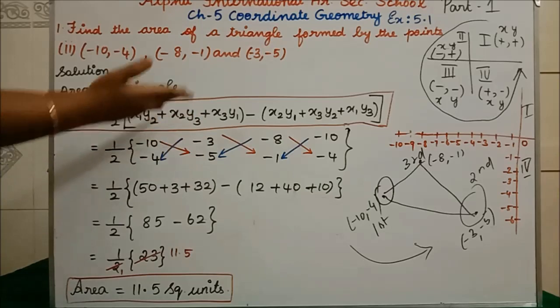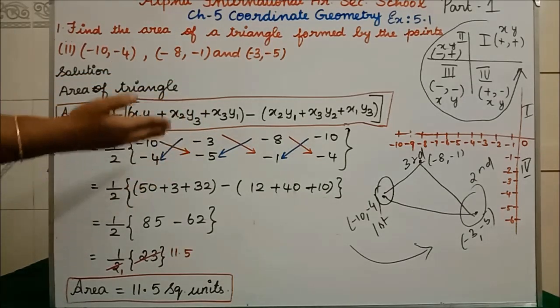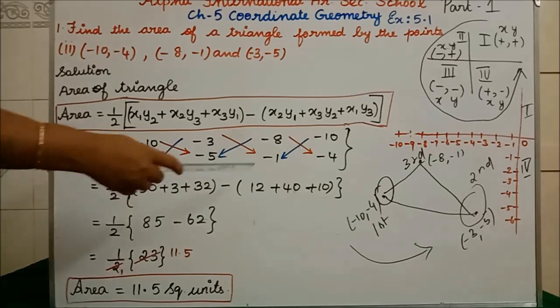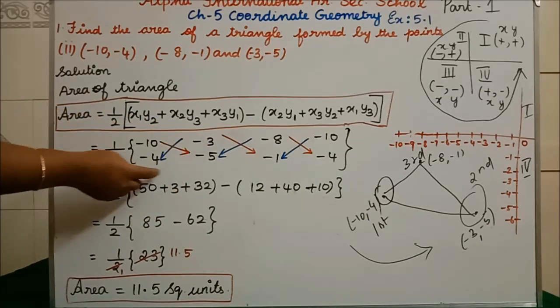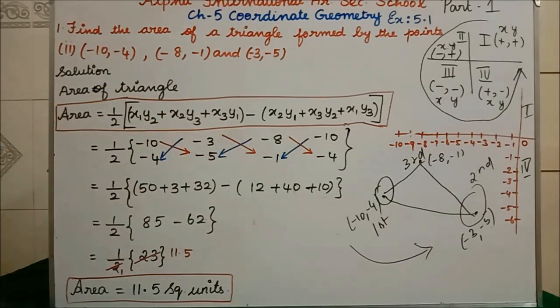Now we are going to start with blue arrow mark, isn't it? Blue arrow mark is in opposite side. So for everything we will get minus, so that minus we have written commonly outside. Clear? Now we are opening the bracket. 4 3s are 12, 8 5s are 40, 10 1s are 10.